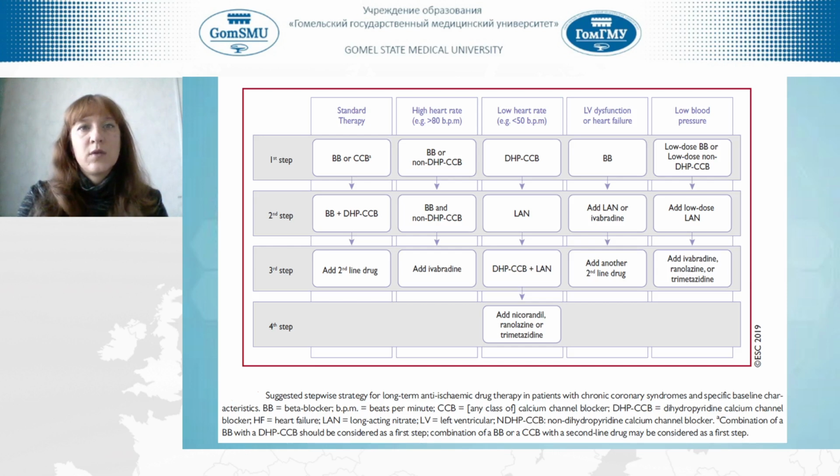If a patient has a high heart rate, more than 80, you should start with beta blockers or non-dihydropyridine calcium channel blockers, and then you should add to beta blockers a combination with non-dihydropyridine calcium channel blockers, and then add ivabradine. If your patient has a low heart rate, you should start with dihydropyridine calcium channel blockers. If your patient has left ventricular dysfunction or heart failure, you should always start with beta blockers. And if your patient has low blood pressure, use a low dose of the drugs, beta blockers, or dihydropyridine, non-dihydropyridine calcium